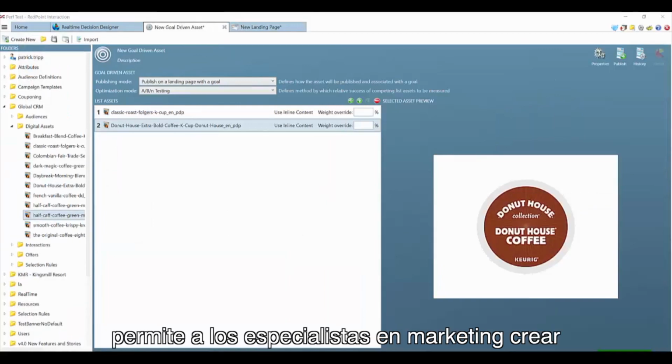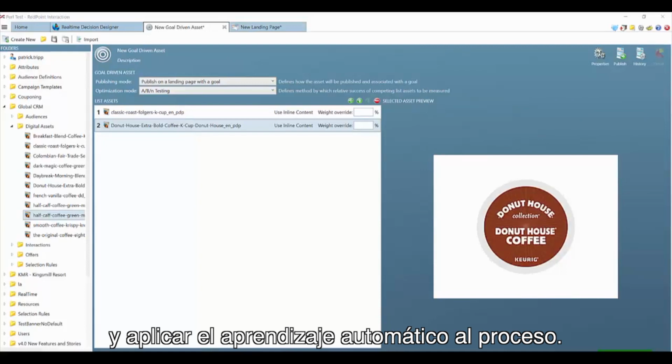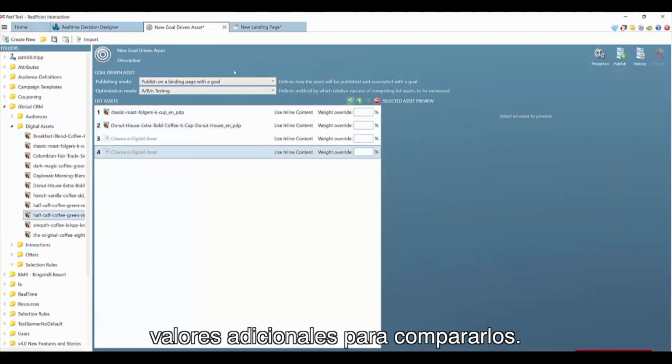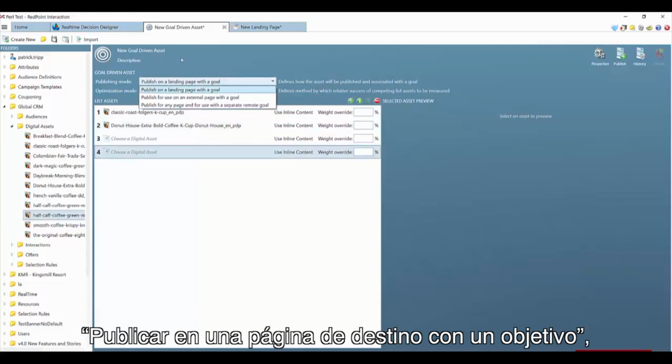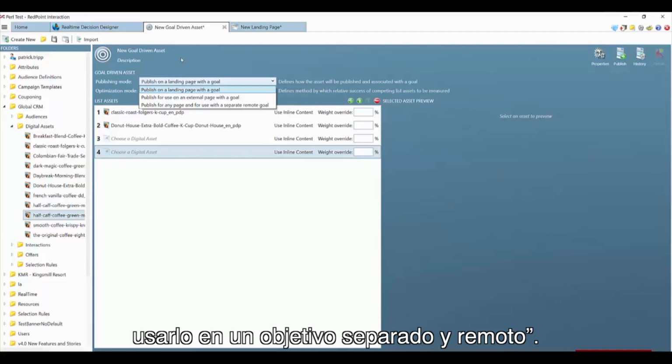RedPoint goal driven assets allow marketers to create and conduct A/B tests and apply machine learning to the process. Here you'll see the development of a new goal driven asset. It's very easy to add additional assets to compare. And essentially, you can have a publishing mode of publishing this to a landing page with a goal, or publish for use on an external page with a goal, or publish for any page and use for a separate remote